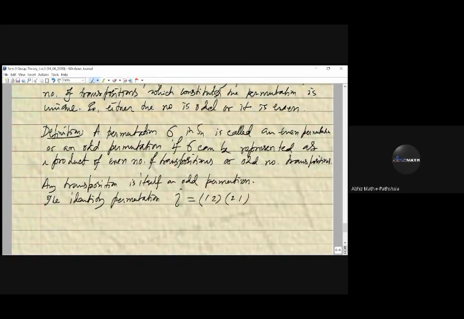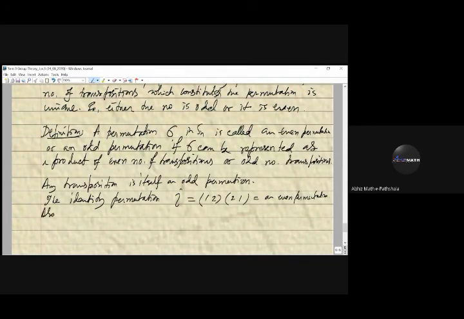So it is a product of two transpositions, so an even permutation, right? Now since the sum of even numbers is even, a product of two